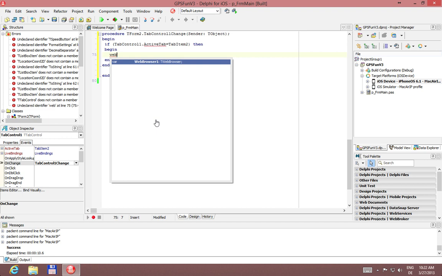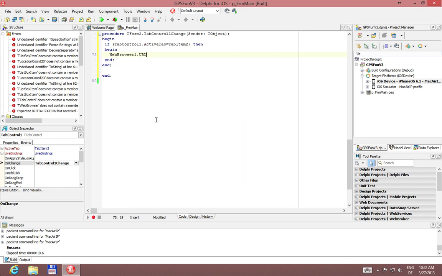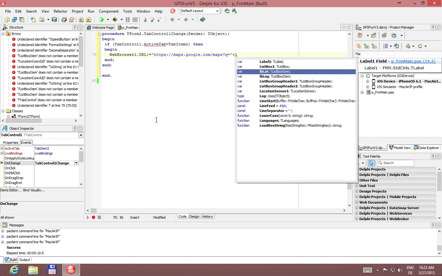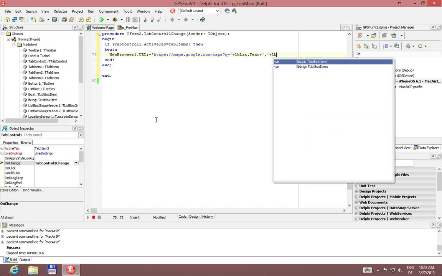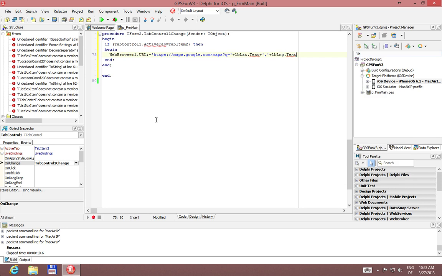Okay, so we say our web browser .url is nothing else than https://maps.google.com/maps with the parameter query, and the label latitude.text plus a comma plus label longitude.text. Okay,